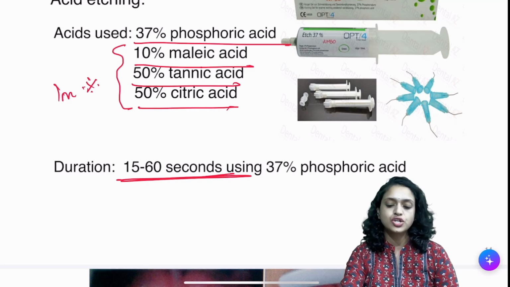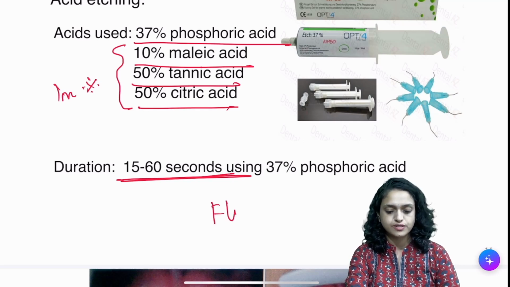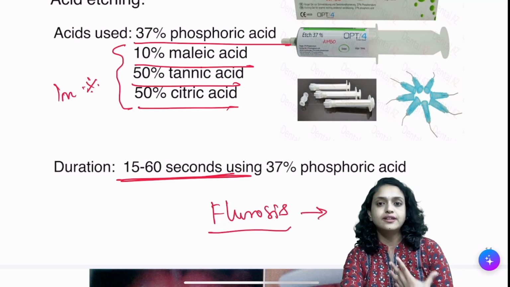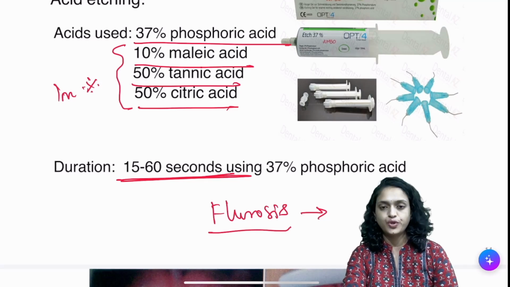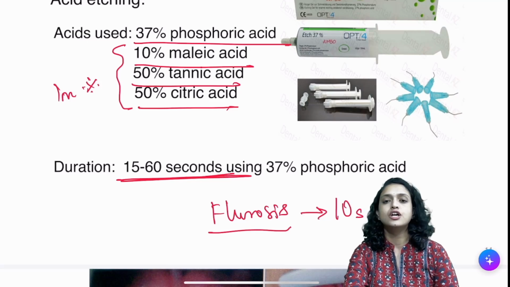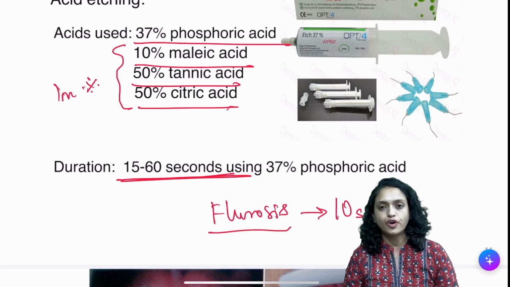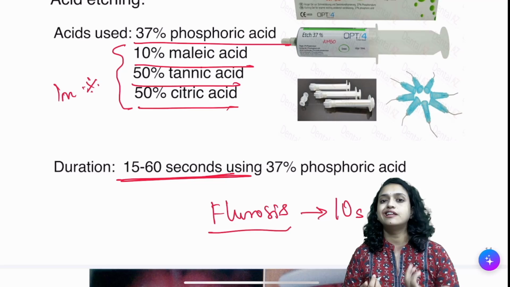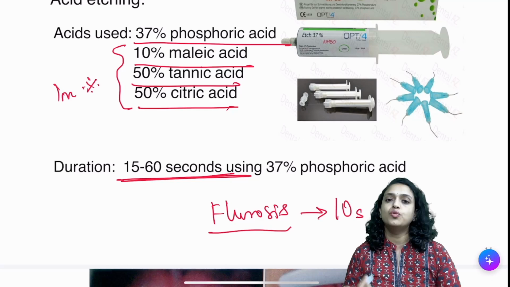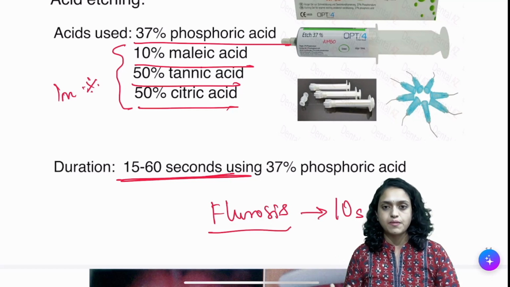In patients who have fluorosis, and this could also be a question, do you increase the etching duration? Yes, you have to increase the etching duration by 10 seconds. Fluorotic enamel, fluorohydroxyapatite enamel, is slightly resistant to acid attack and acid dissolution. So you can etch the fluorotic enamel of patients who have fluorosis 10 seconds more than what is generally done